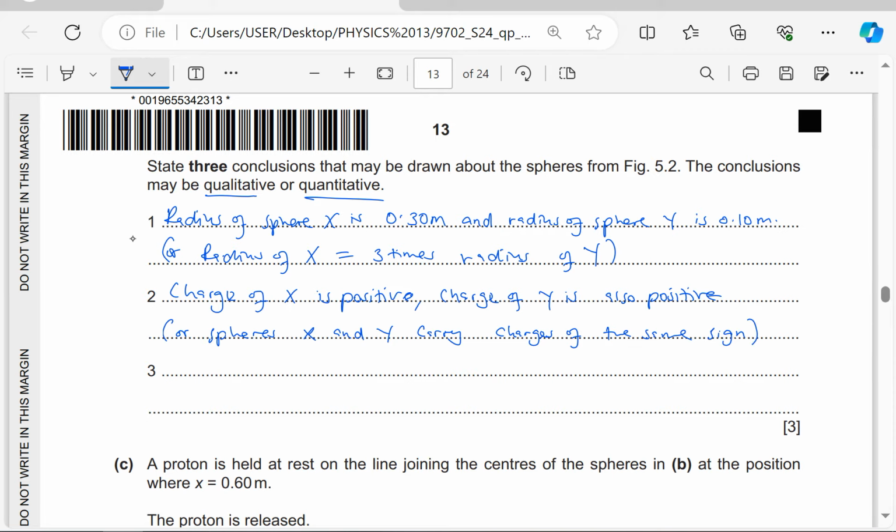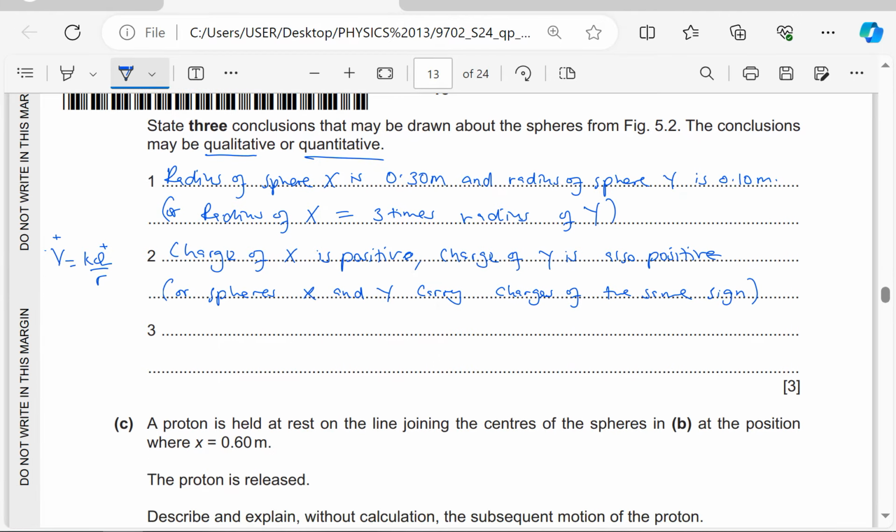Both of them are positive. Why? Because potential is equal to kq over r. Potential is positive when the charge is positive. It is negative when the charge is negative. But since potential is not changing direction, it means it's positive throughout, which means both charges are positive. Okay, then